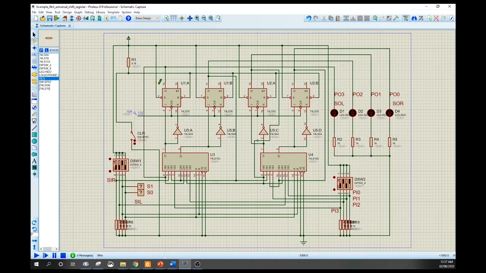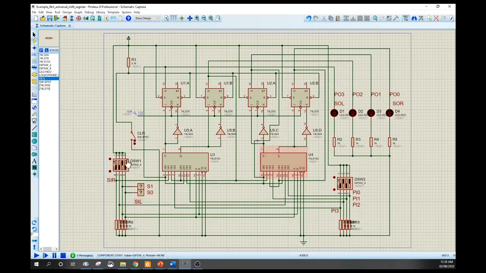I have here the clock input connected to all the flip-flops, in this case all the D flip-flops, and the preset inputs or the direct set inputs are disabled, and the clear inputs are controlled by this switch. The outputs of all the flip-flops are connected to 4 LEDs,